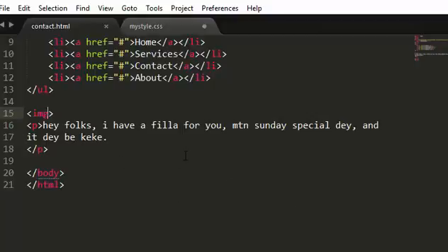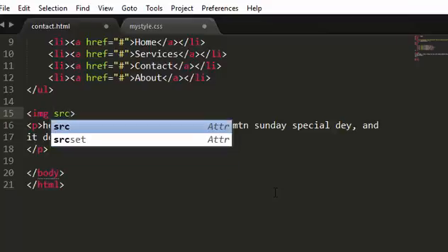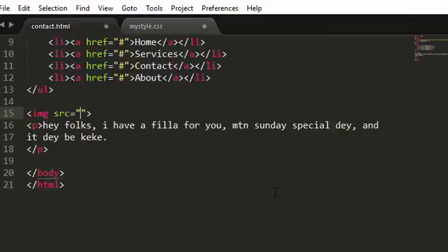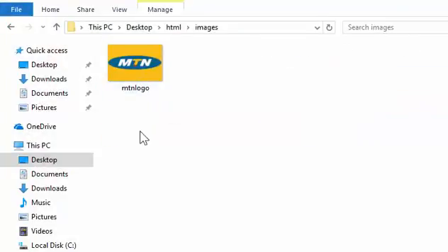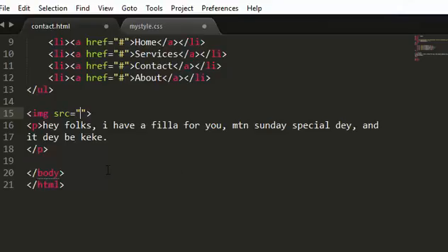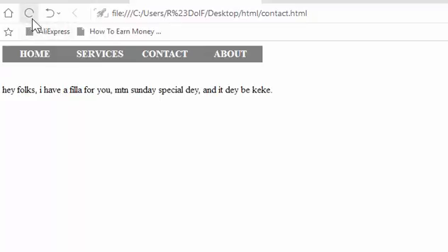So we need to reference an image as we did for our navigation bar in that previous tutorial. But in this case we are not going to be using href over here, but we are going to use src, which means source of the image. Now what is the source of the image? The source of the image is here, whereby we have the images folder and we have MTN logo. So I will reference that by typing images/MTN logo. Now let me go ahead, save this and go to the browser and reload it once again,